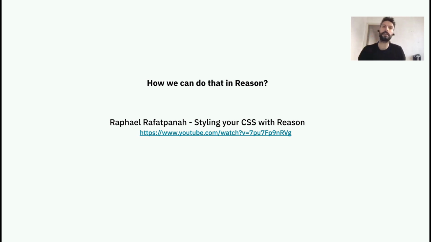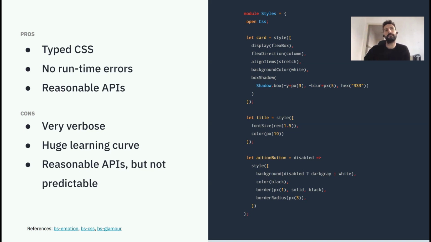There was a talk at React Conf last year that Rafael did about styling your CSS in Reason. I'm going to leave the talk here because it's 30 minutes long. He walks through all the cases and their pros and cons, and I think it's a good introduction to how to style CSS in Reason. I'm not going to get too deep into it, but we can explain more or less the summary of this talk,